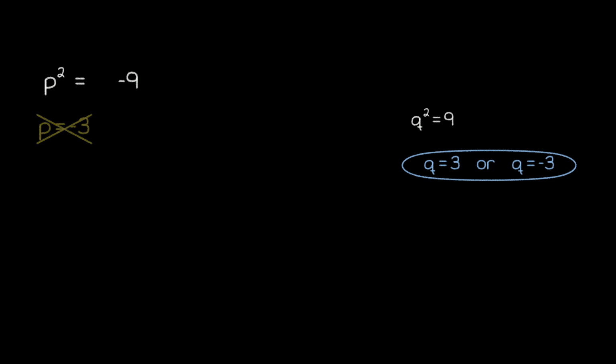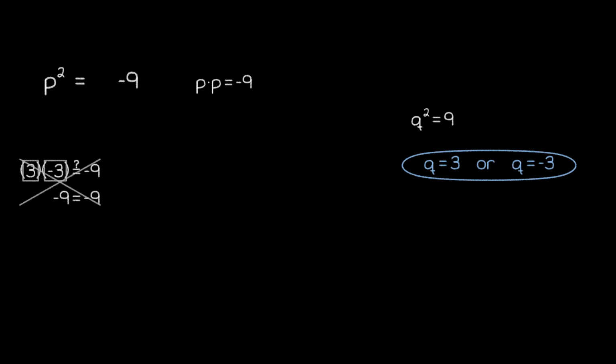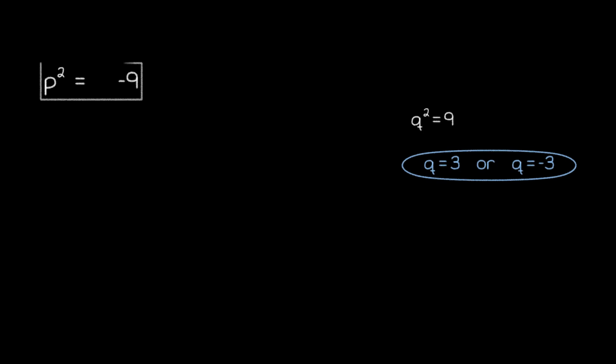Another common attempt at an answer is to just do 3 times -3, which is indeed -9. However, our goal is to find a single number that squares to -9, and whether we like it or not, 3 and -3 are very much different numbers. The problem that we're running into is that this problem is seemingly impossible.